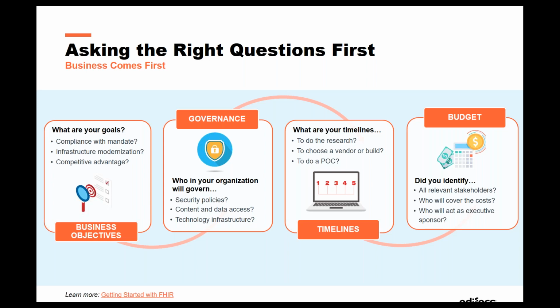Then comes the content. You will have many different pieces of information you need to expose, and we'll talk about that in a minute. Those pieces of information will have to come together, and more likely they will come from different departments. So you have to have somebody who will coordinate the data delivery and the data collection across the company.